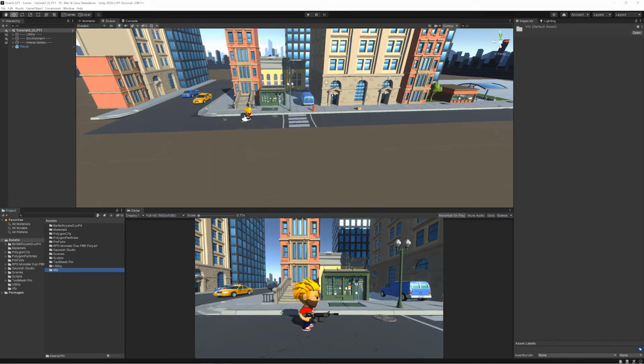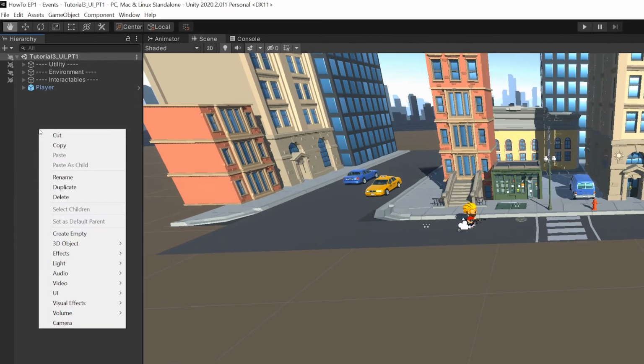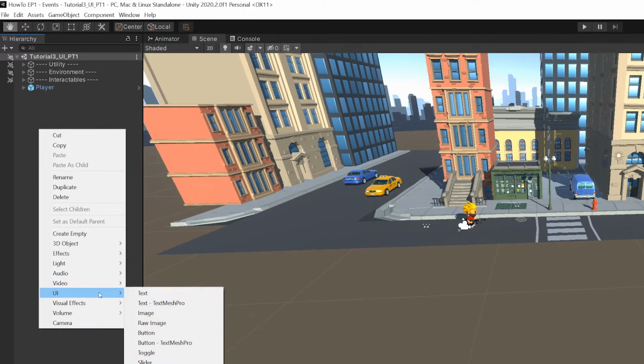Once it's in, it's going to give you this folder here. I'm not going to even try to pronounce that, Sora Studios. And it's got a great amount of content, and we're going to use some of it today. Now, your UI is going to need two main components to work. One is the canvas and the other is the event system. Now, you don't need to add these in individually. All you need to do is add a UI element, and the first time you do that, it's going to add that for you. So if you click on UI,